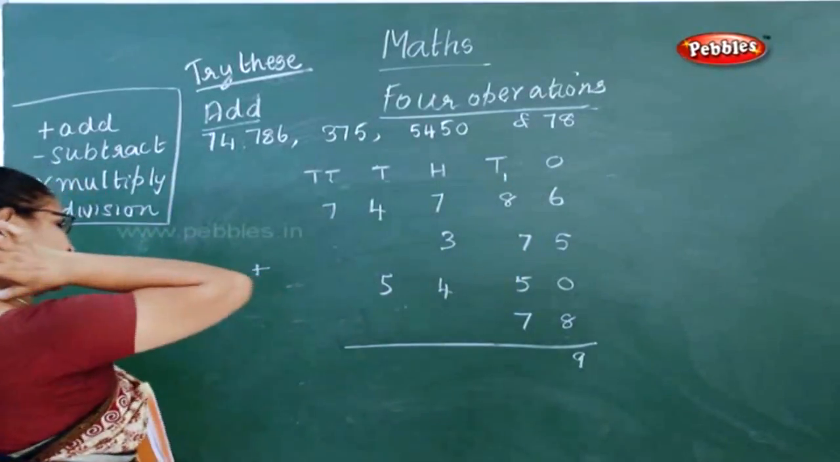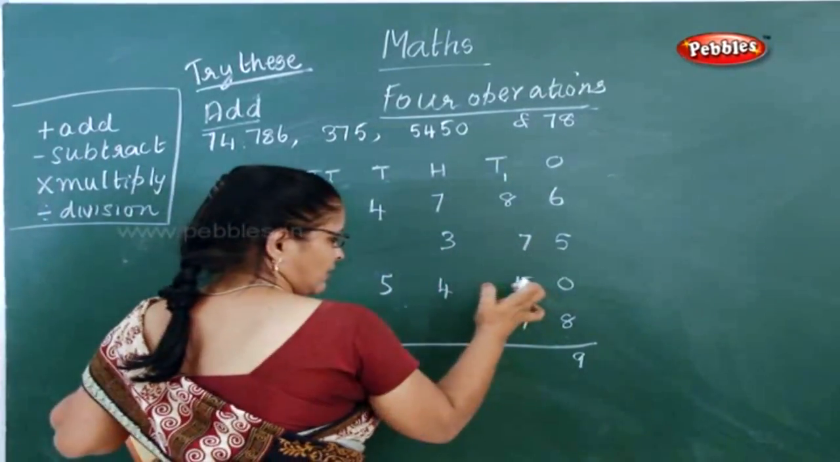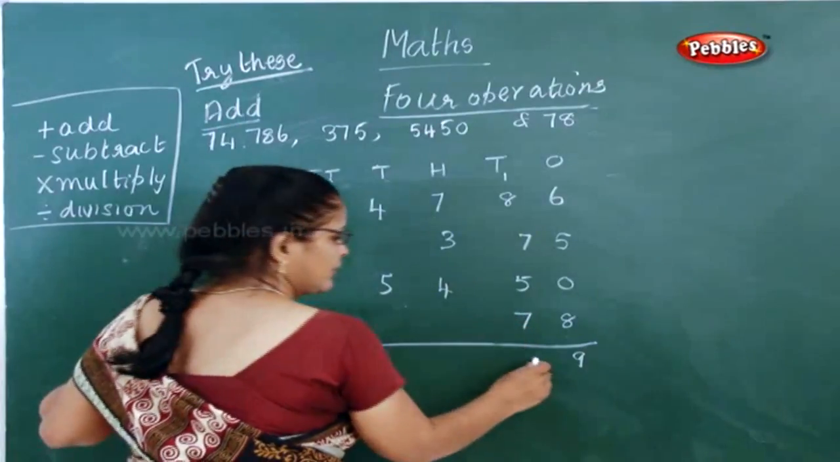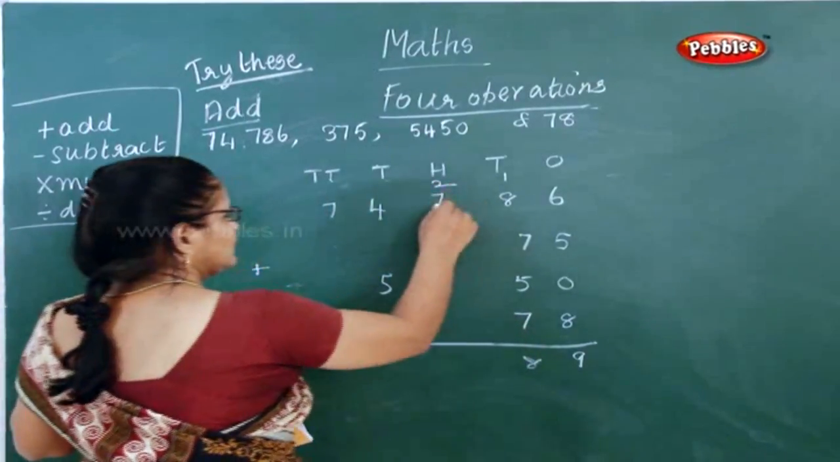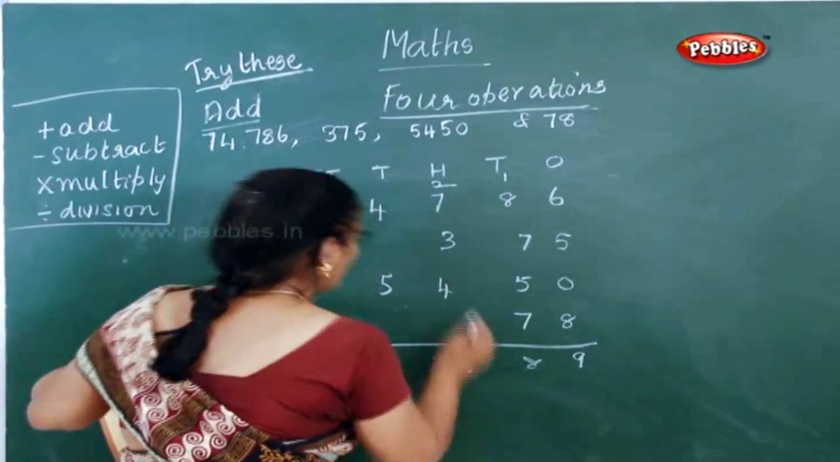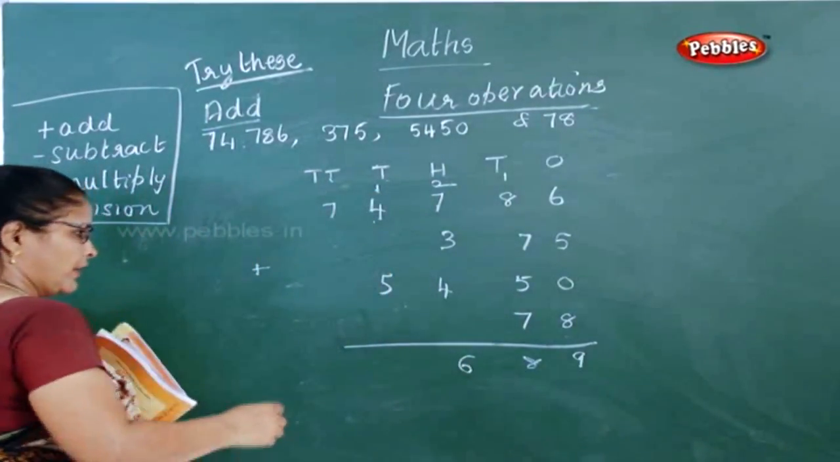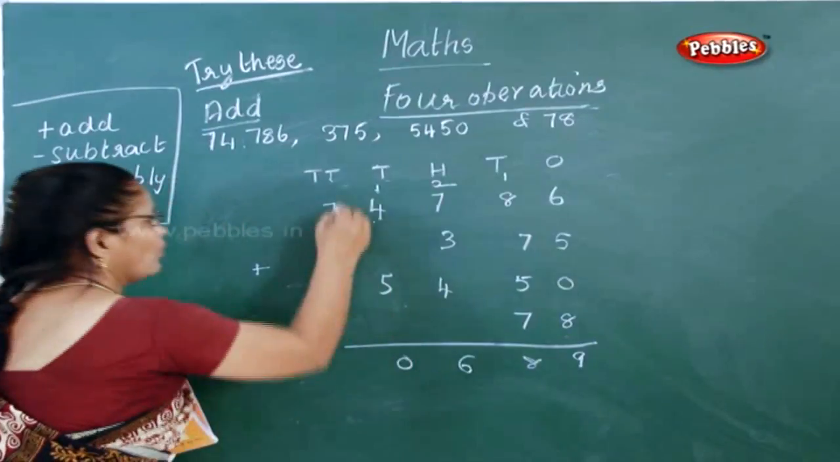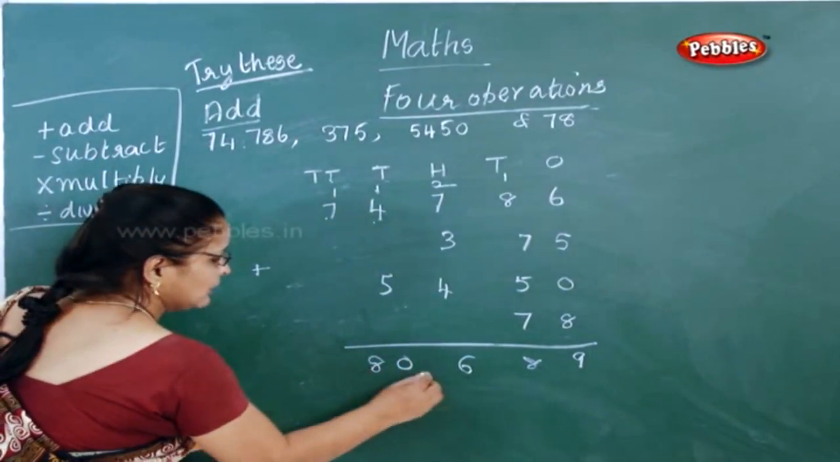8 plus 1, 9. 9 plus 7, 16. 21. 21 plus 7, 28. 2. 7 plus 2, 9. 9 plus 3, 12. 12 plus 4, 16. 1. 4 plus 1, 5. 5 plus 5, 10. Now 1. 7 plus 1, 8. So